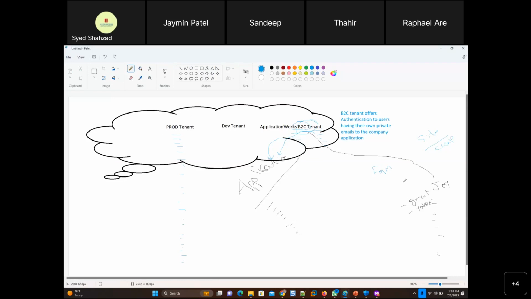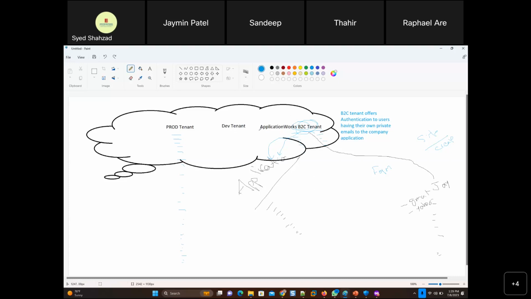I really wanted to check if there is a sample application with not a lot of development work involved. A lot of development work is still needed, but I wanted any simple lab that shows how to create a B2C tenant. I searched on YouTube, and there were so many options. I was looking for the least development related option, where you don't have to write code to make this happen. Hopefully I will get that, just to show you how a B2C tenant works. But this is the idea behind it.